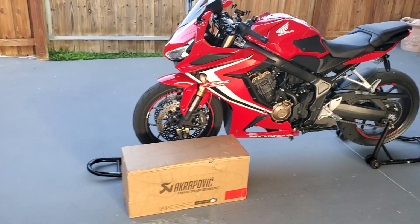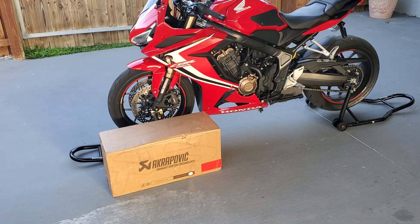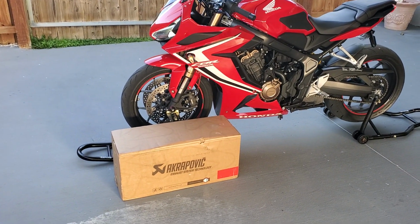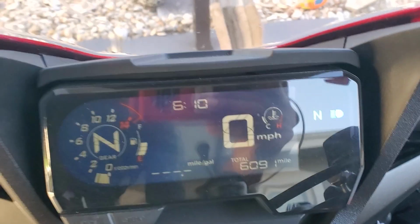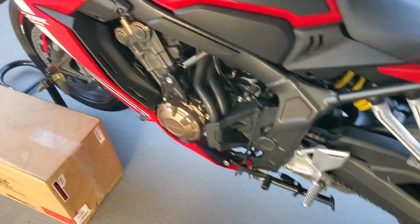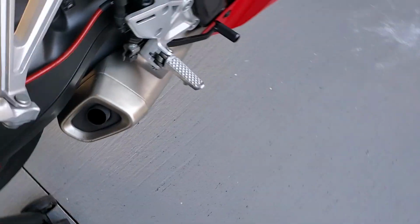Alright YouTube, so basically that is getting installed today. It's basically an exhaust. I'm excited, can't wait for it to go on. Letting the bike warm up real quick so you guys can have a sound test. It just turned on, so I need a few more minutes. But just to get a sound test of what it sounds like while it's cold,